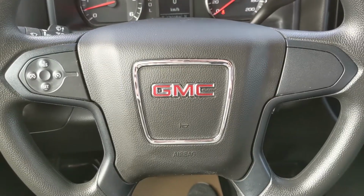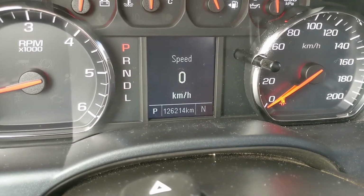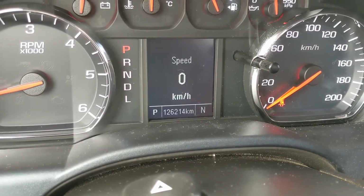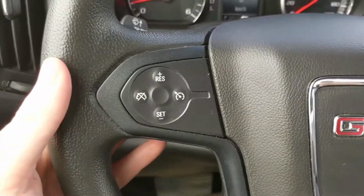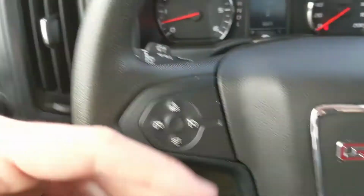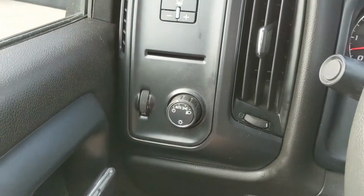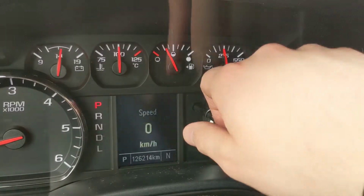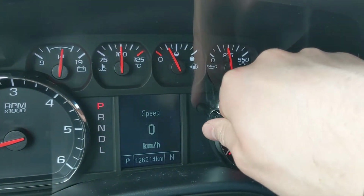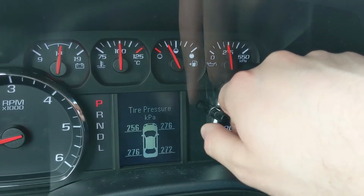And now sitting in the truck with it running, you can see it's sitting at 126,214 kilometers. And moving down to the steering wheel, on the left-hand side, you have your cruise controls. And to the left of the steering wheel, here you have your trailer brake controller and lighting controls with automatic lights. And can also cycle through information displayed here, such as a digital speedometer, trip information, fuel range, fuel economy,